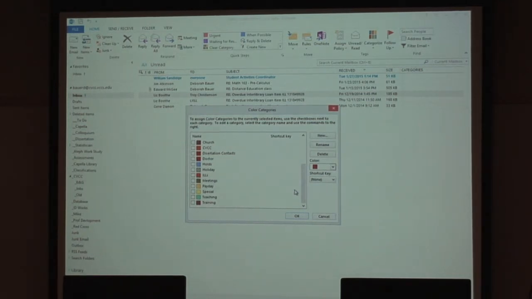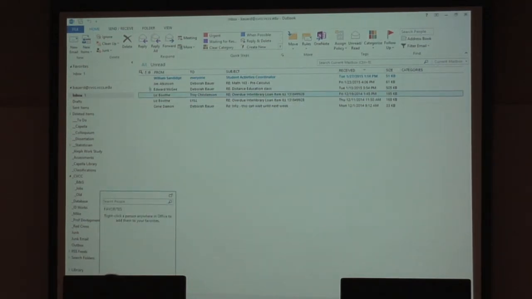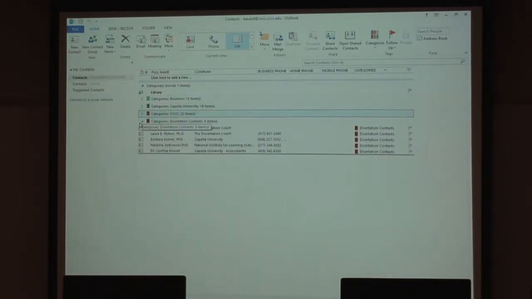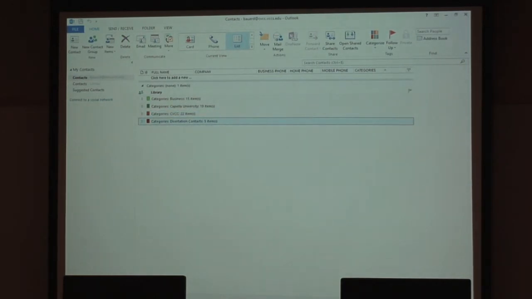with a few exceptions. I use some of these categories for keeping track of people that I want to stay in touch with. So if I go to people, you'll see that I've got my people by categories, and I can close them just to see the categories. I've got some people that are just business people that I know. Some people are at my university where I'm getting my degree. Some people I work with here at CVCC that I want their email address, not just in the big address book that we have for work, but maybe in my personal address book so I can find them quickly. And then I have people in my categories for when I'm working on my dissertation,